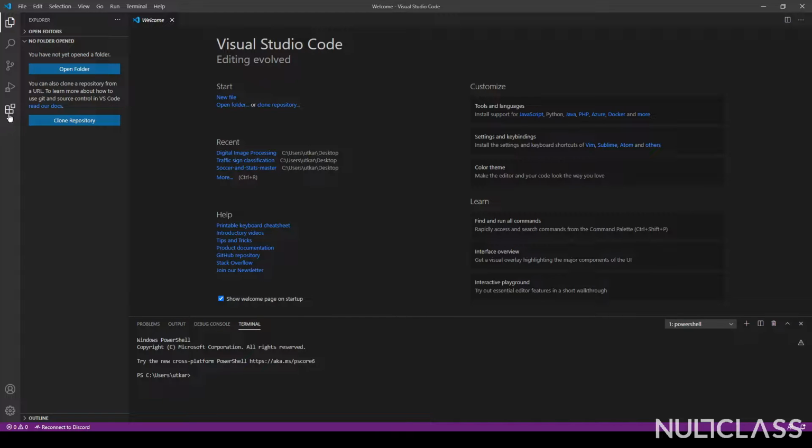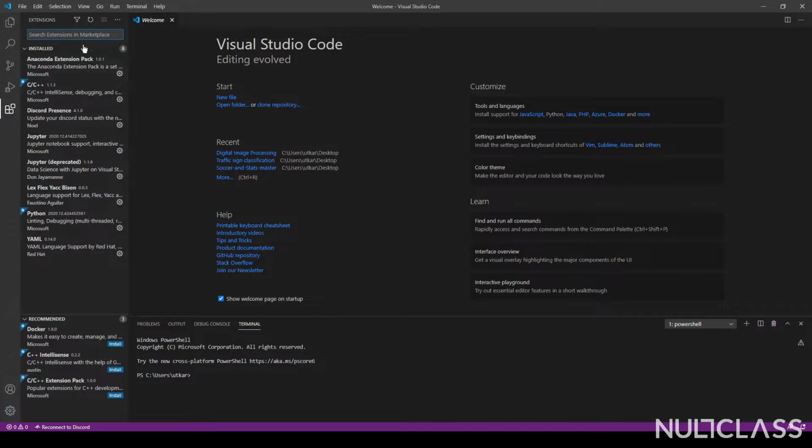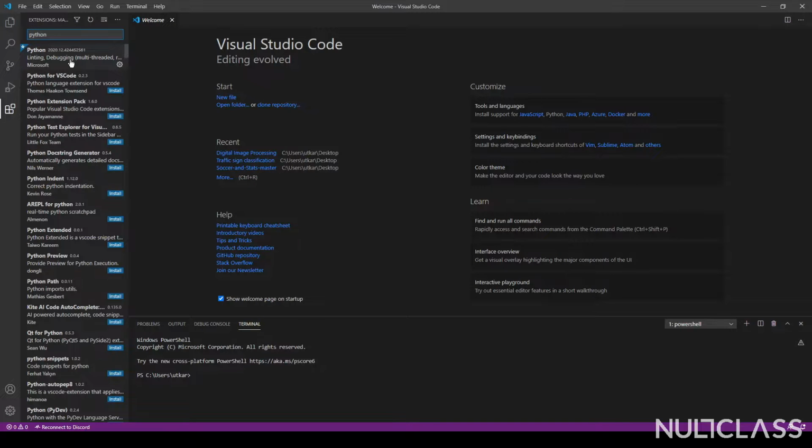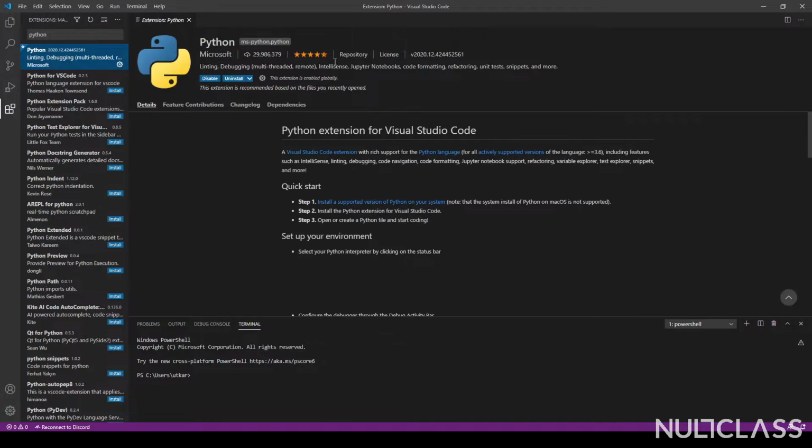So for that, I'll click on extensions and I'll first install this Python extension by searching Python and selecting the first option. And now here the install button will appear. You'll need to click that to install Python for VS Code. In my case, it is not coming because I already have installed it in my system.